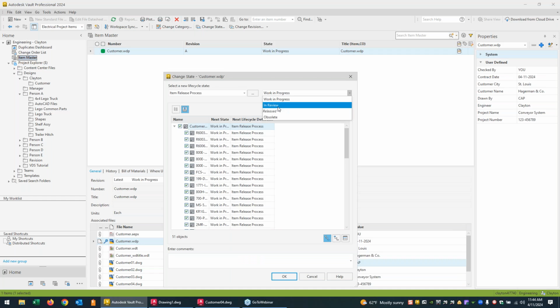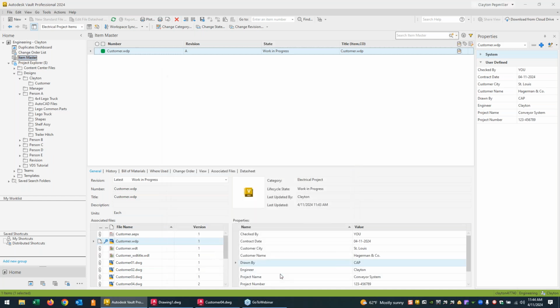You could have it set up to where review is the only option for the engineer. I'm a little bit more elevated in privileges here. I can send it to review, or I can send it directly to released. Release is what we call a lockdown state. If everything has been finalized, everything has been reviewed, I can mark this as a released project, and it's going